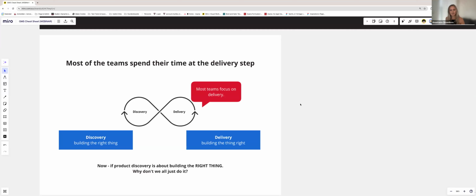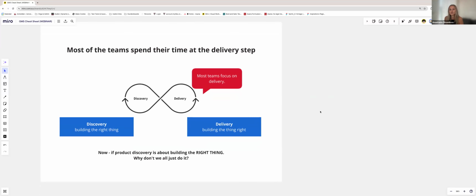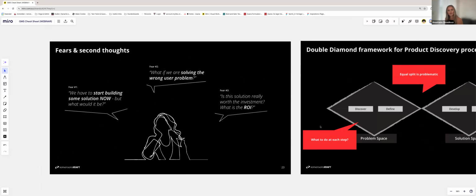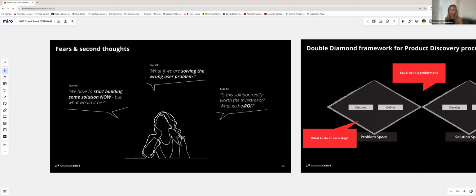But if you have to select and decide, okay, this is really the moment when I need to do product discovery, and you need to persuade your team or your management, we brought 3 questions that might be a good identification for you that you might need to start the process of product discovery. And those questions are typically,